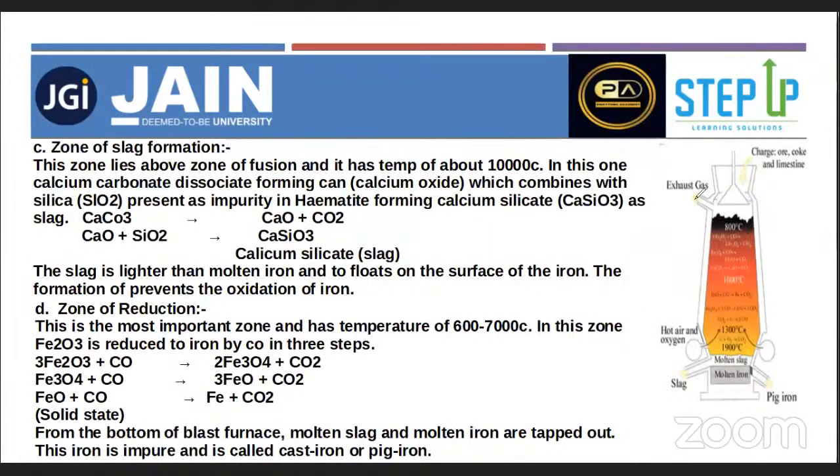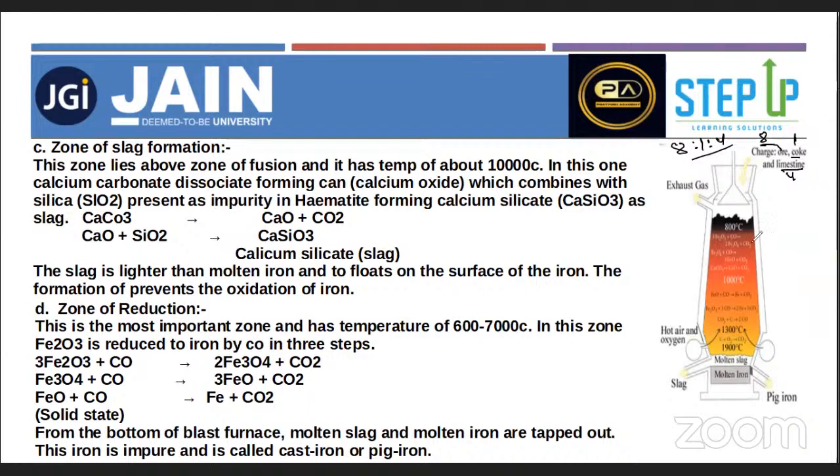Now the exhaust gases are coming out, and the charge is ore, coke, and limestone. We have written the ratio 8:1:4. So charge: ore, coke. The ore is 8, coke is 1, and limestone is 4. So this is the ratio written there, 8:1:4. In this ratio we have applied it, and first it is forming